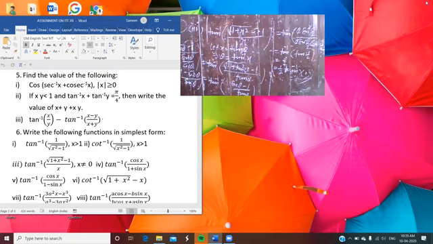Because the same type of function may be given in the topic of differentiation of functions. If such a function is given and the question is to differentiate it, what you do in that case is first make that inverse trigonometric function into its simplest form, then take the differentiation on both sides. Otherwise it is a very complicated differentiation. If you differentiate it directly, your result is so large, and it may not be